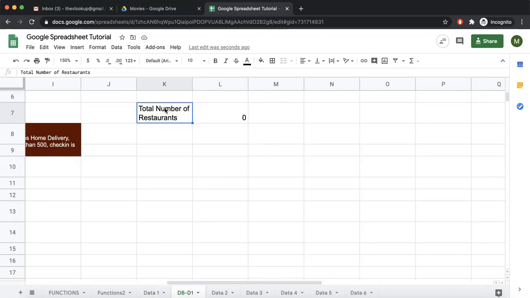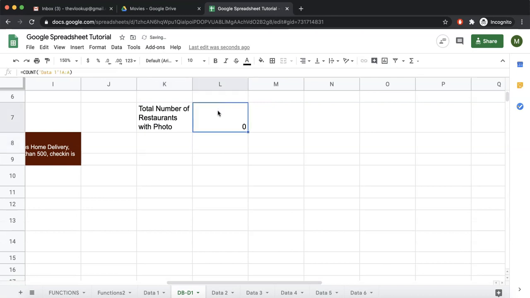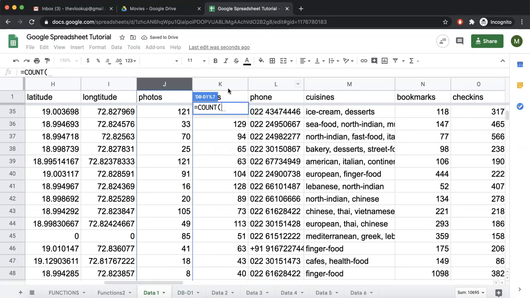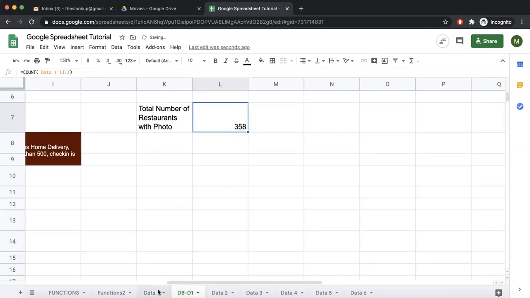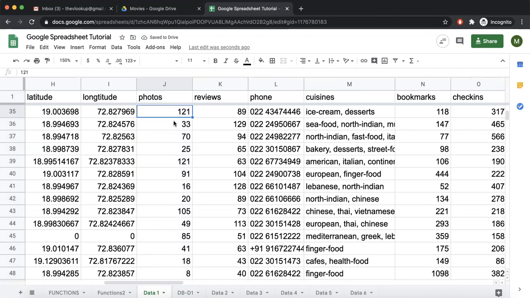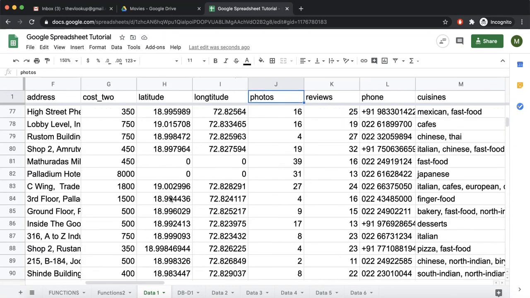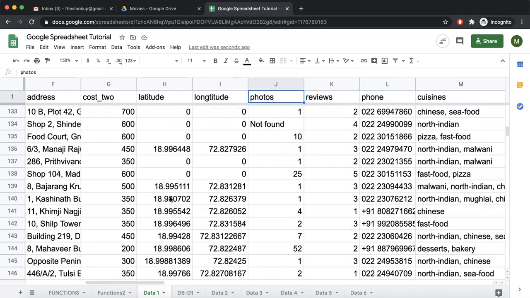So we can say total number of restaurants with photo. If we do this count of column J, now this is 358 because it is counting this, it is not counting this. And if there is any text in between, it is also not counted.